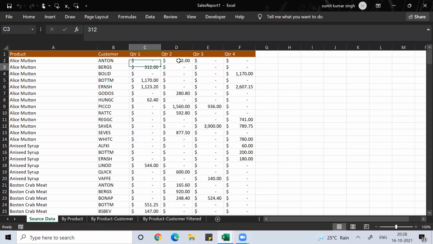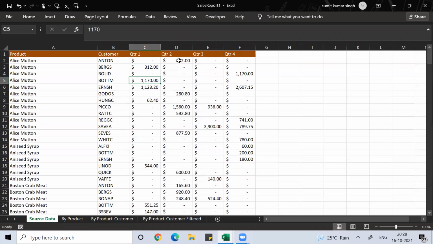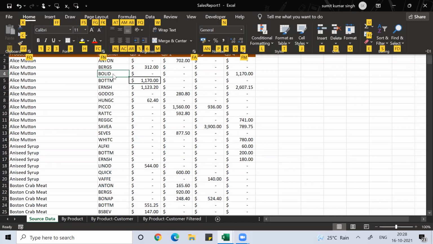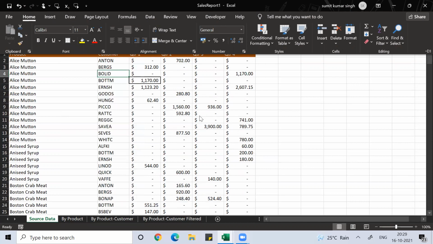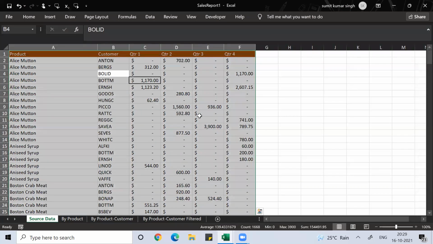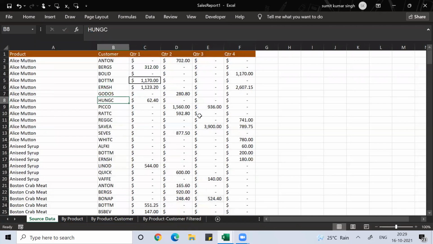If you want to select everything, Alt H B A. Okay, Alt H B T. One minute, it's not happening. Alt H, then B, then A. So first you need to select the data with Control A, then Alt H B. Control Z, in case you feel it has not happened the way you expected.